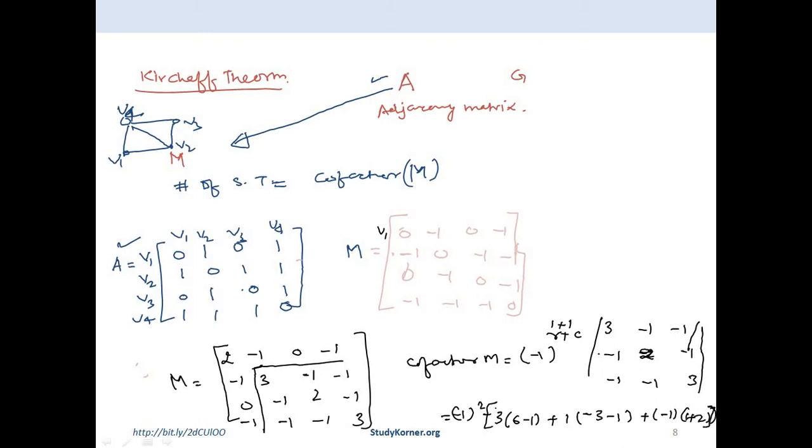Okay, now the outcome of this was nothing but 8. So I can have 8 spanning trees possible if I apply any algorithm of minimum spanning tree on this graph G, which is given in this question. So this graph contains how many spanning trees? This graph G contains 8 spanning trees. Okay, now you can also apply